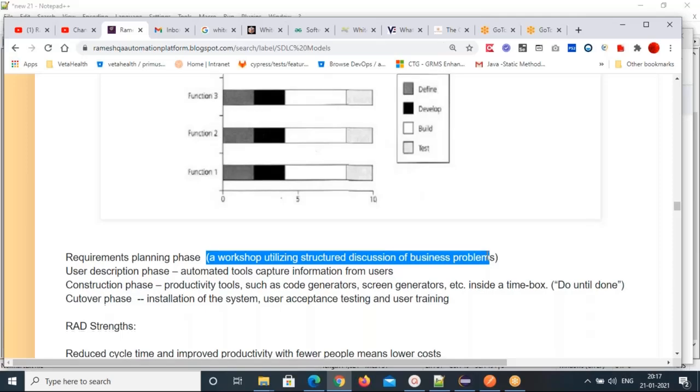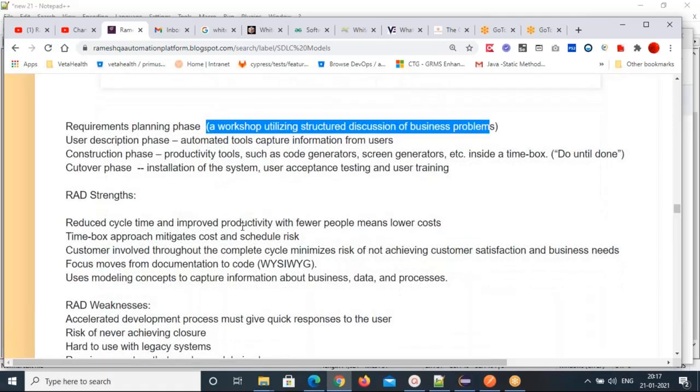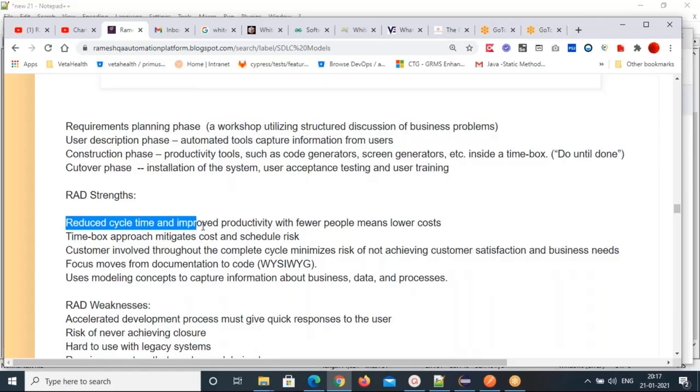What are the RAD strengths? Reduced cycle time and improved productivity with fewer people means lower cost. That's a RAD strength. And reduced cycle time means what?